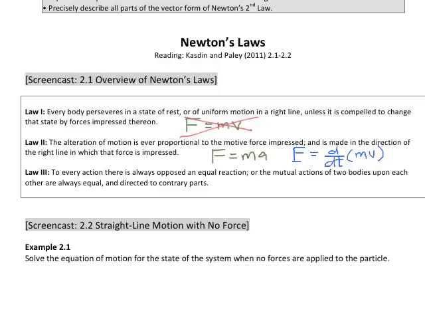I'm going to put this in vector notation. So mv is linear momentum, and I hope you've seen this before in physics, but what's actually happening here is that a force is proportional to the time derivative of momentum. The other way to write this is d/dt of momentum, and momentum we also say is a lowercase p.